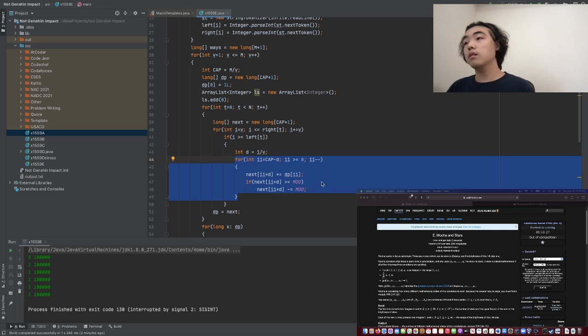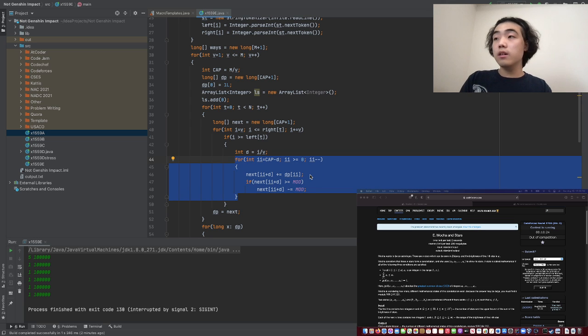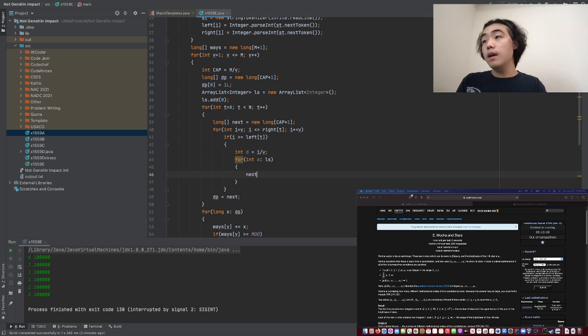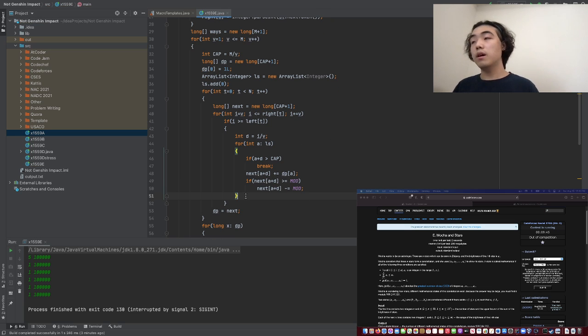Yeah, and so then we do something like for int x in, for int I, for int a in this array list, we do next. Because a is increasing, if a plus d is strictly greater than cap, then we can break. Otherwise we can do next at a plus d, add on dp at a. If next at a plus d exceeds mod, then we can take care of it. Okay, so if we took care of mod over here, then dp becomes next, and then